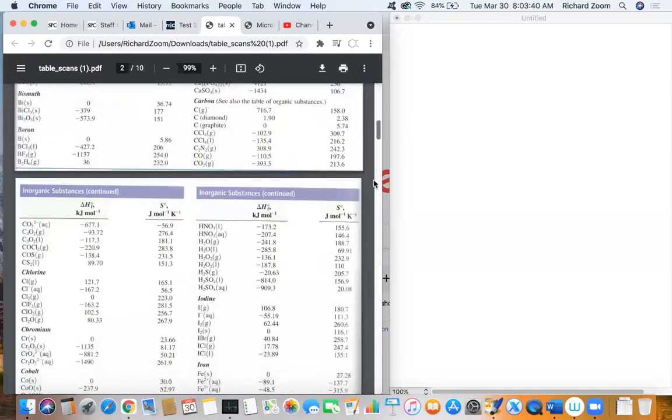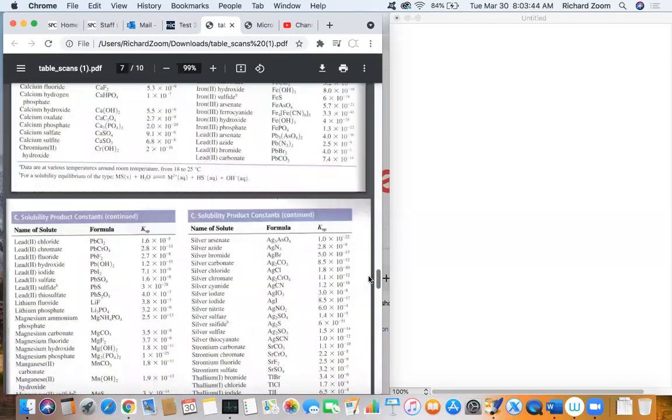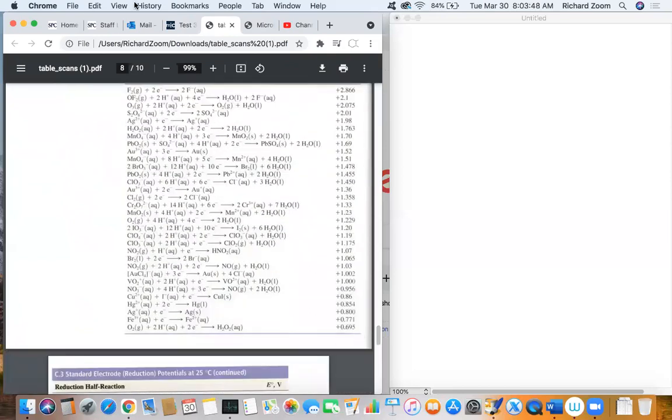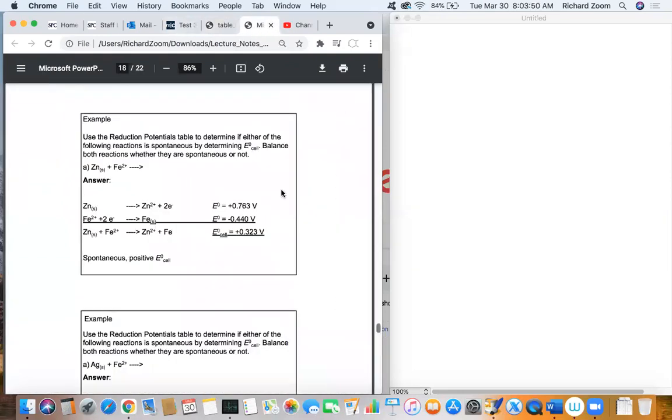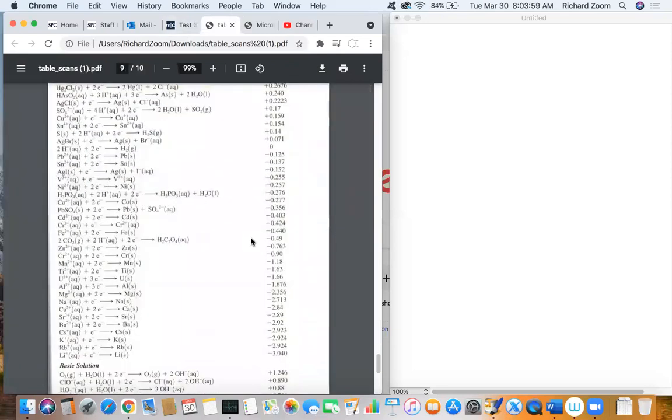And the reduction potentials that we're talking about are more towards the end of this document. So we've got zinc. Now we know the zinc is going to become something positive. There's actually only one reaction here where the zinc turns into anything, and it's this one here. So Zn2+ goes to zinc. So that's the